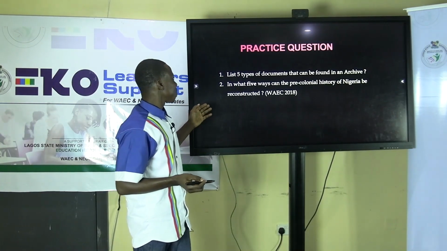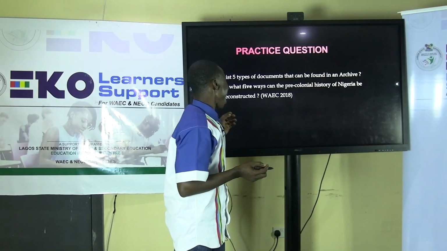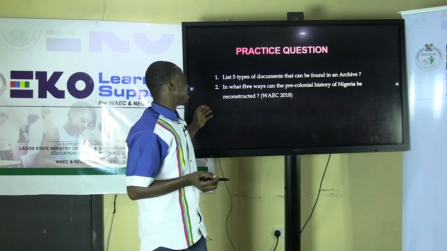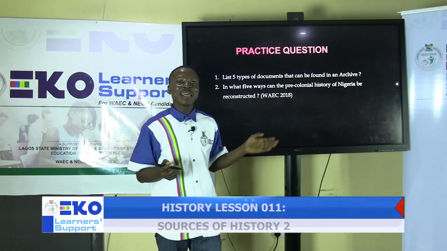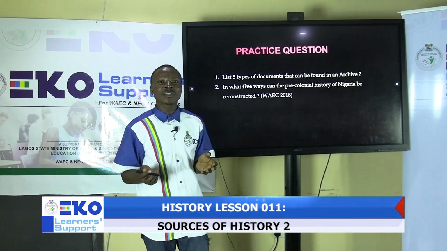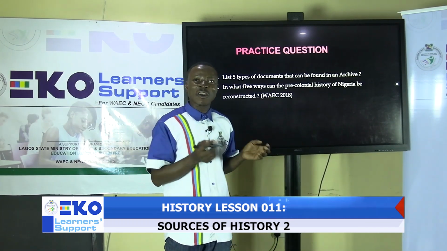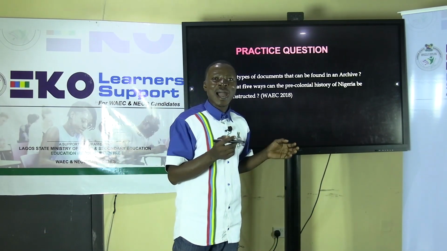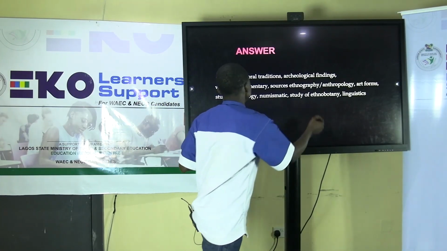Then the second practice question is, in what 5 ways can the pre-colonial history of Nigeria be reconstructed? And this is a WAEC question of 2018. When we are looking at the 5 ways the pre-colonial history of Nigeria can be reconstructed, this question is only asking us to mention and state the sources through which the history of the Nigerian state or Nigerian nation before the emergence of the colonial master